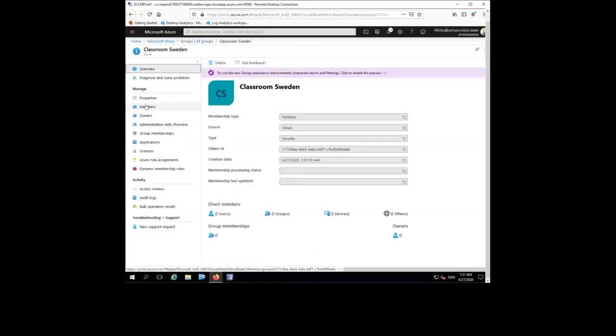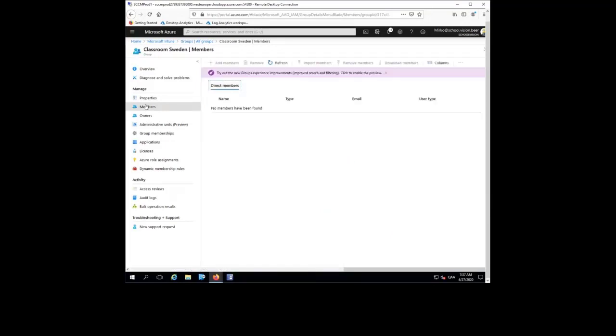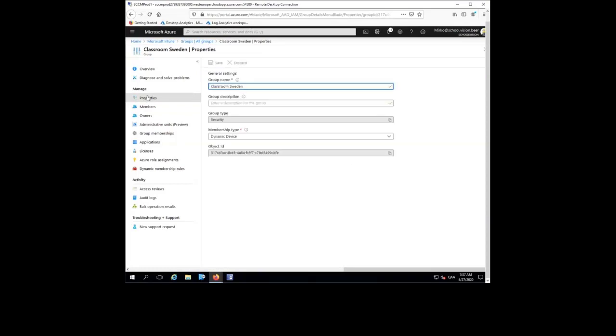Now it should have some members, Windows devices. Okay, so here, whoops, it needs a little bit of time because of the query in the backend. So we let that run in the background. So now we created a scope group, and we also created the scope tag. So back to the